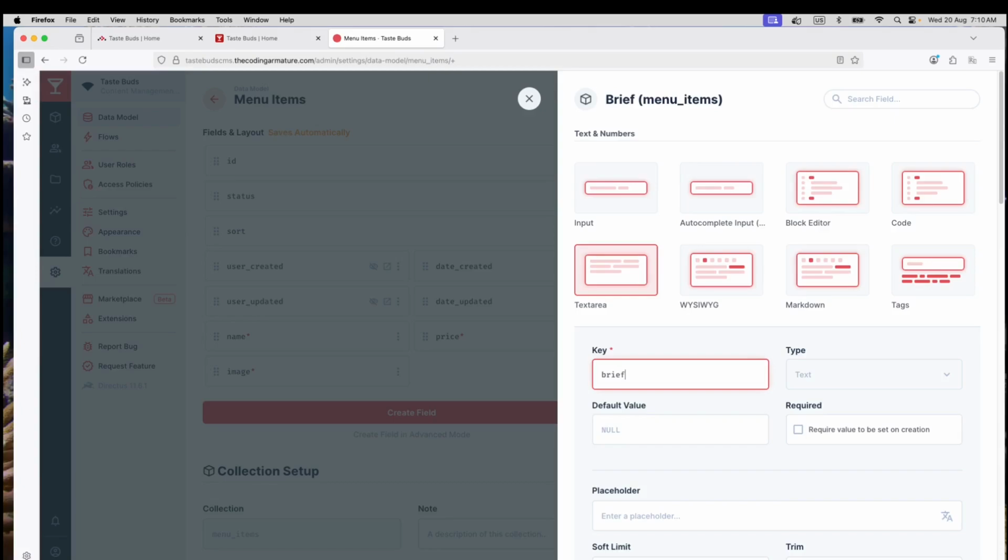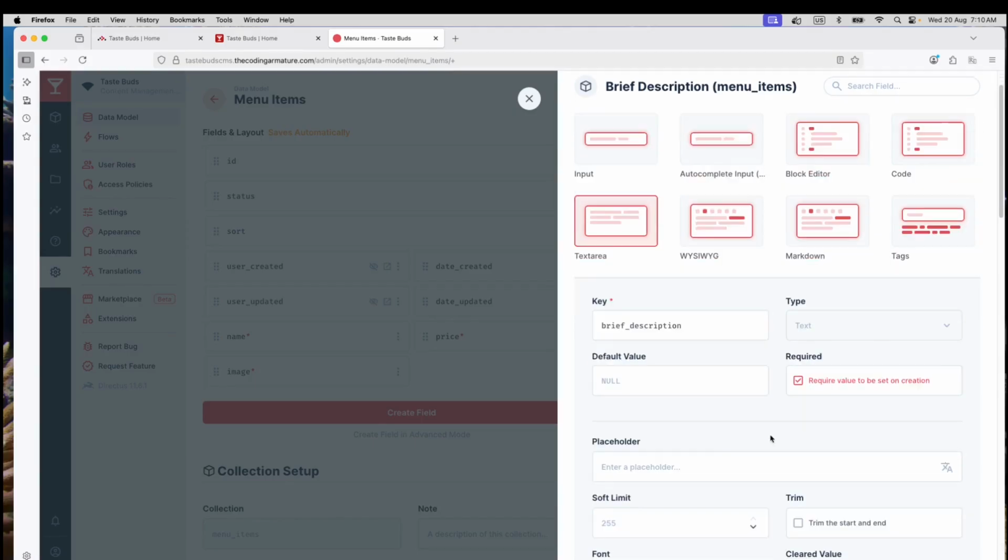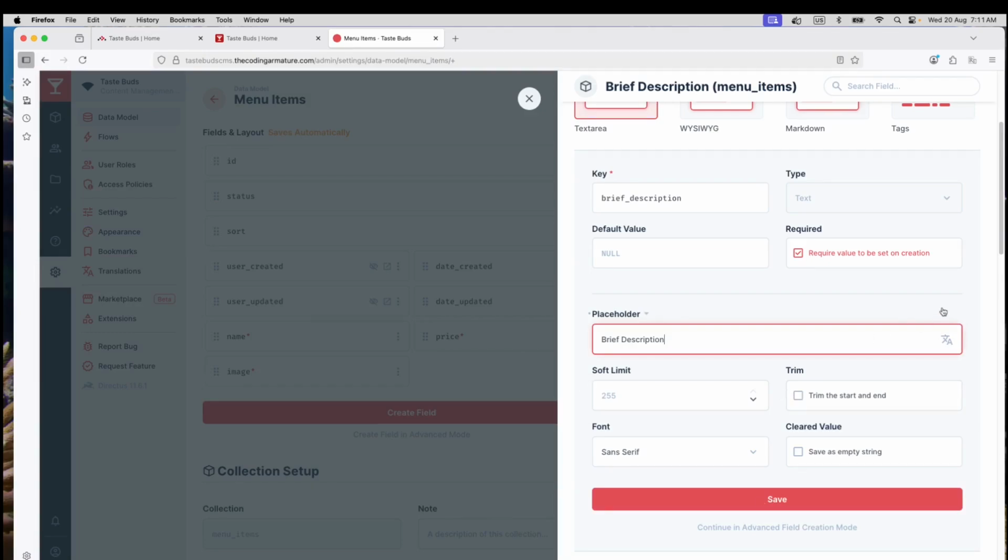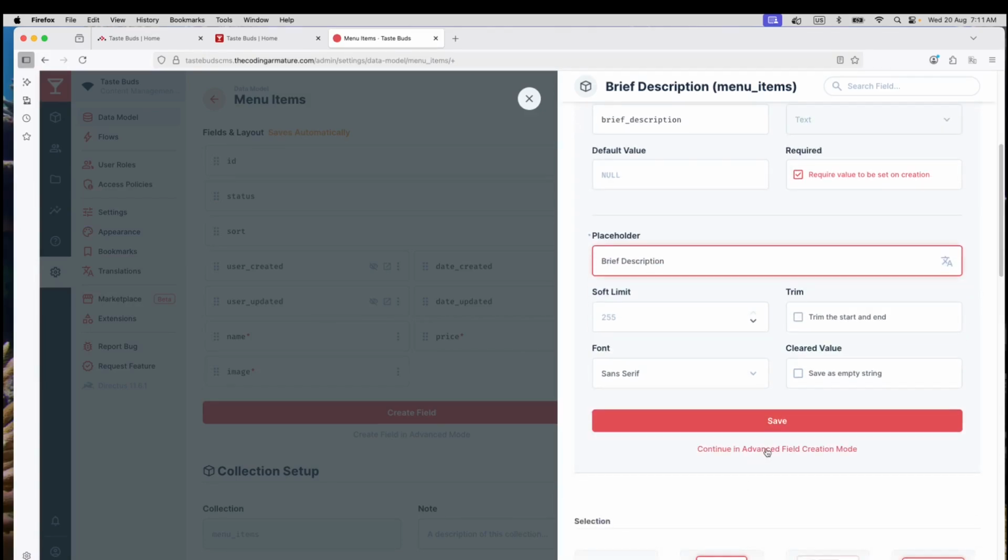So this would be brief description, and you'll notice that the names of the various fields also tell me what I'm going to enter there. So your name should be very descriptive and describe clearly what the data is. Okay, this is also going to be required, and I'm going to name this brief description. Okay, we're going to ignore these values for now, and let's go to our advanced field,